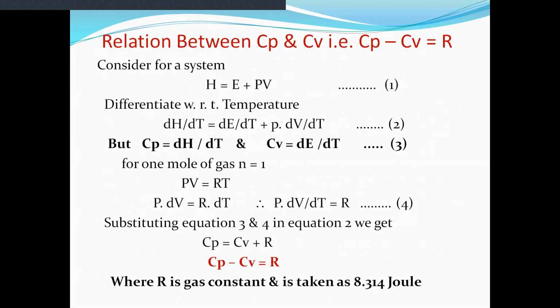A question may be asked in the examination: prove that Cp minus Cv is equal to R, for 5 marks. So it is very simple, but it is purely a mathematical part. We have to remember the formula of Cp, the formula of Cv, the formula of enthalpy and the ideal gas equation, and apply the derivative and rearrange. Okay, so this is about the relation between Cp and Cv.